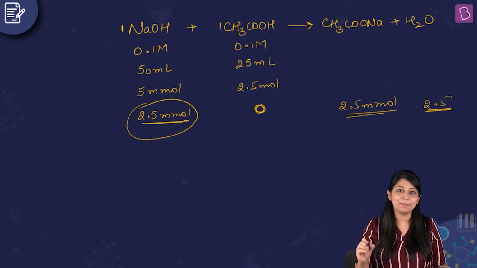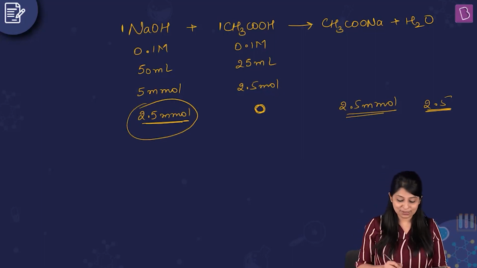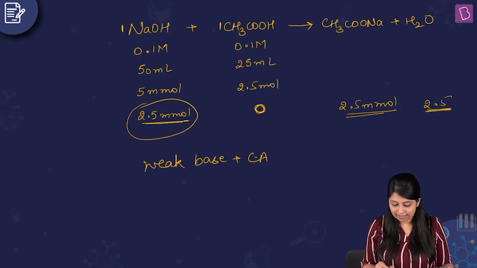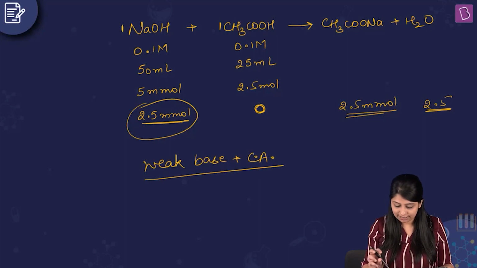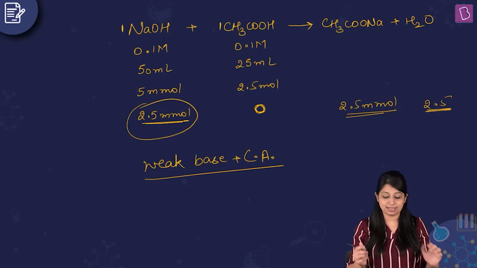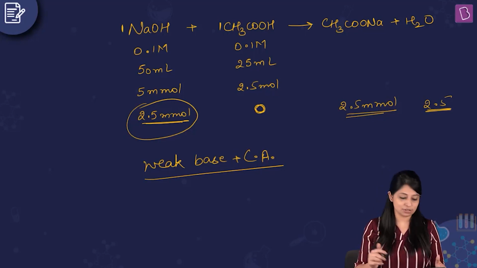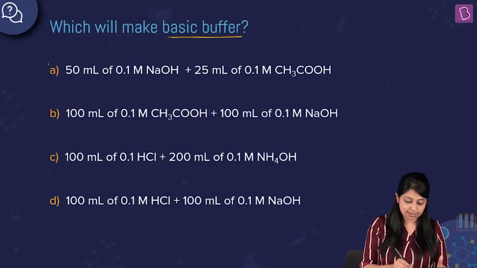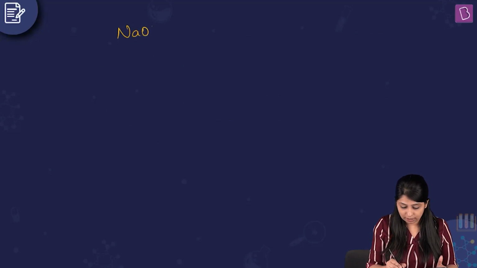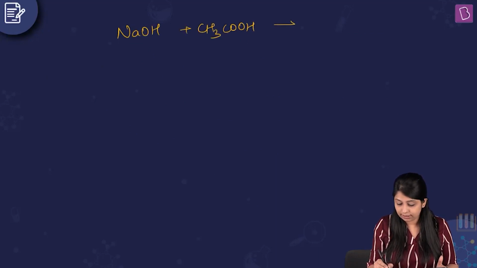However, this is not a basic buffer. Why? Because we wanted a combination of what? We wanted a combination of a weak base and its conjugate acid, right? And this is not the case in the first option. So the first option is not correct, right? So let's move on to the second option, which is also the reaction of NaOH plus CH3COOH giving